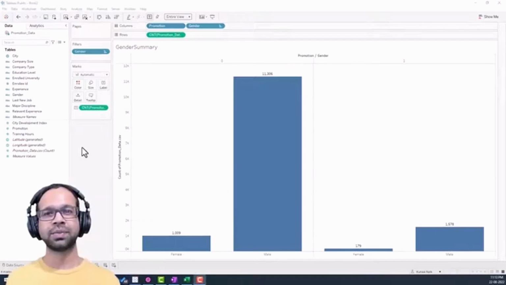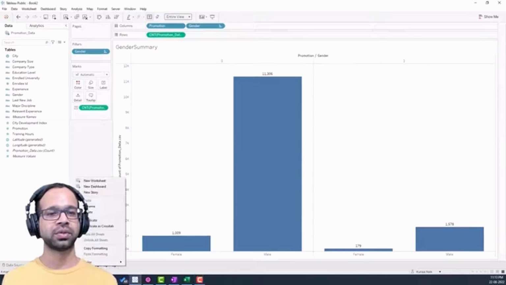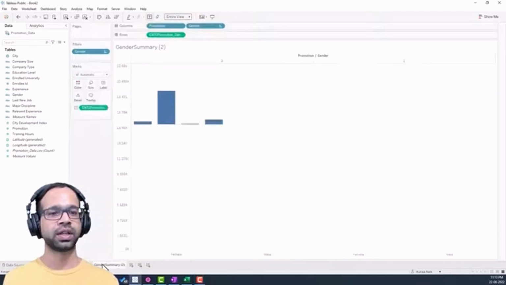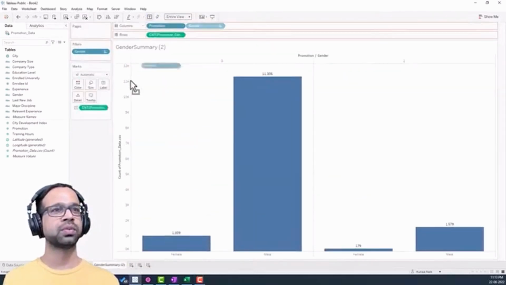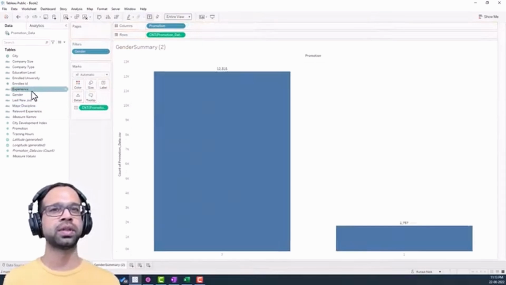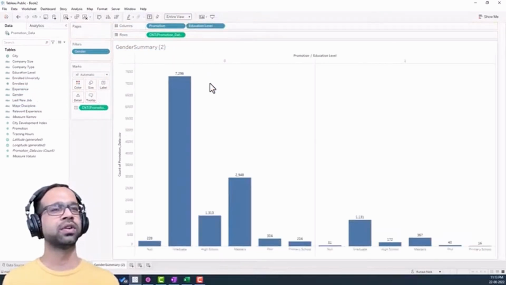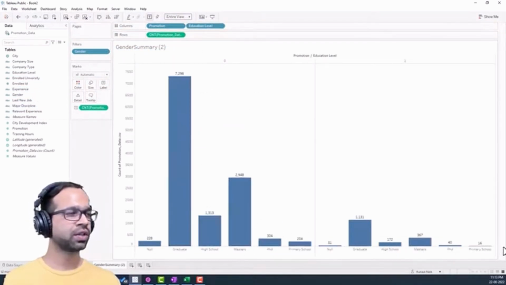Next, we are going to do the same steps again, replicate this and do it for the education level. So I'm just going to say duplicate again. This time I'm going to remove gender from this, and I'm going to put, let's say, the education level on top here, and you're going to see a lot of this education